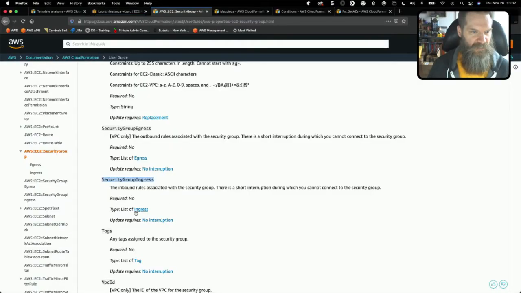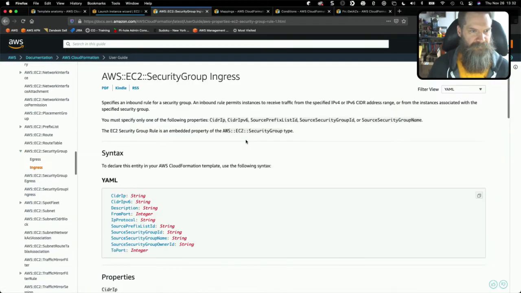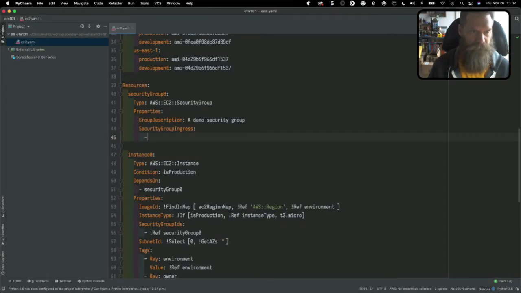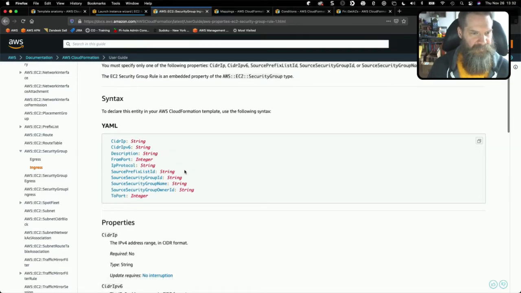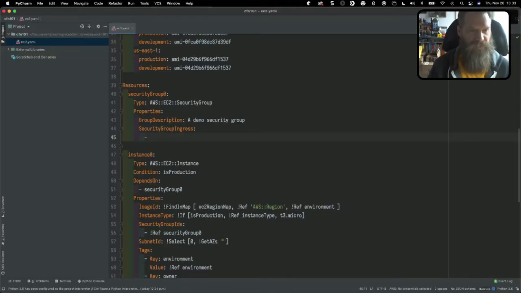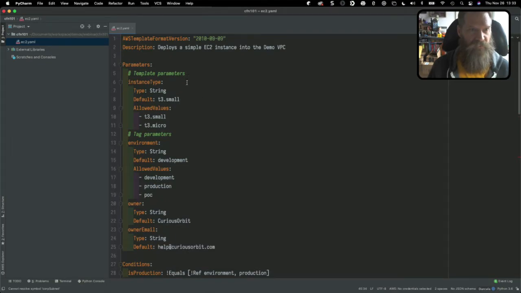And now we need to understand what this is. So it's a list of ingress rules. And now you can see what's required here. We're going to just say, again, because we're just doing this for a demo, I'll set it to, actually, let's be a little better here. Let's do this. Corporate subnet. Okay. And then we can go back up here and say,